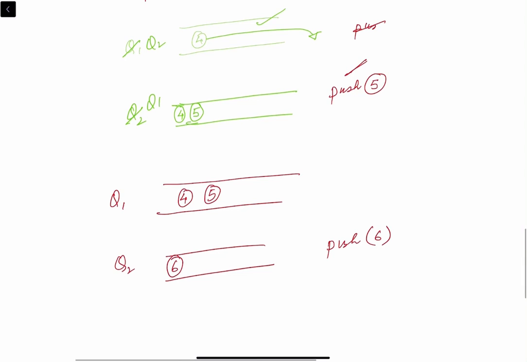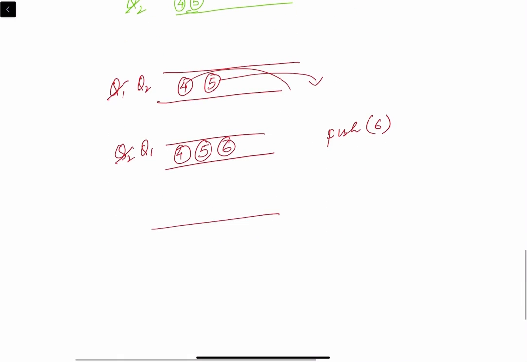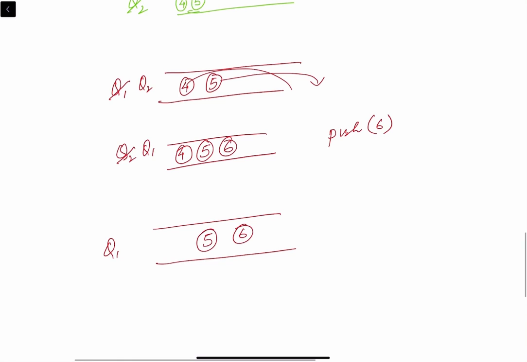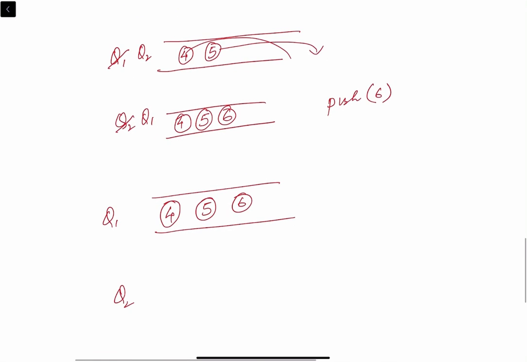So when we push 6, it means NQ 6 and then DQ all elements from Q1 and NQ here. So when we DQ here, this will be 5, then 4. So now the elements are in Q2, and again we'll rename this as Q1. If we see, Q1 now has 6, 5 and 4, and Q2 is empty.